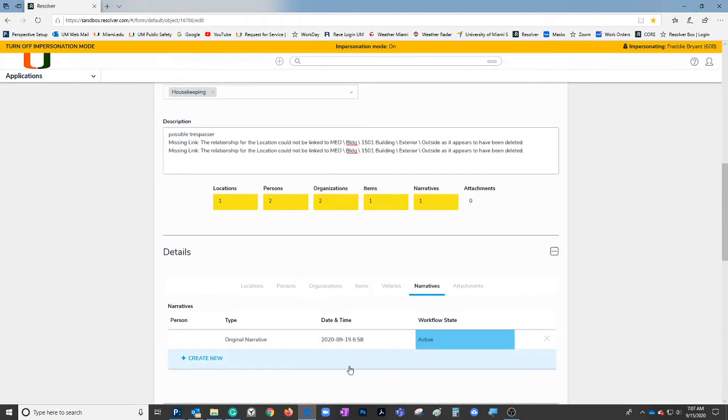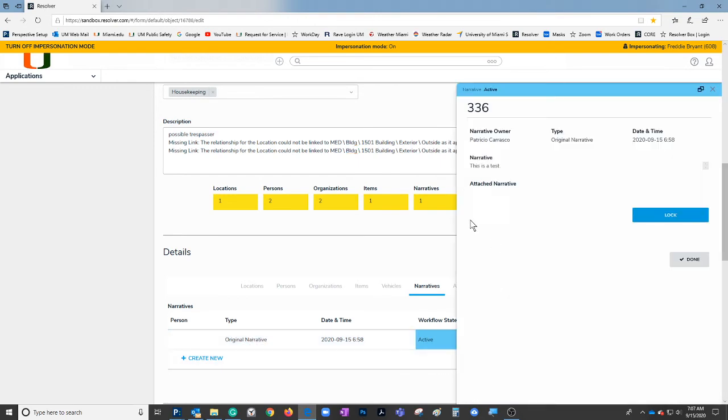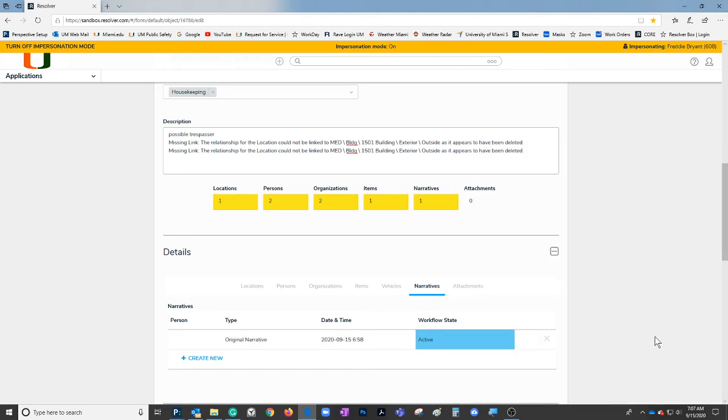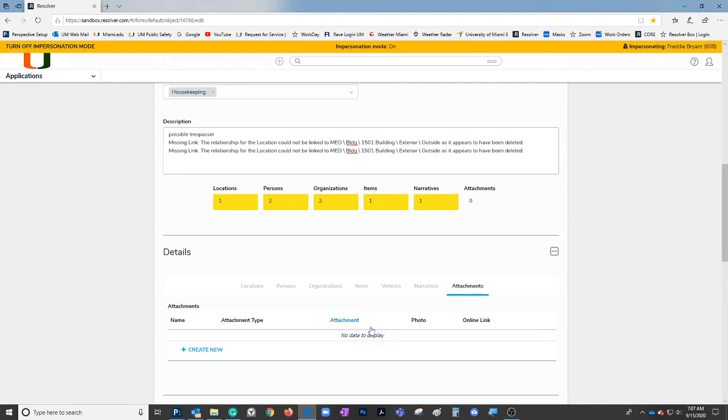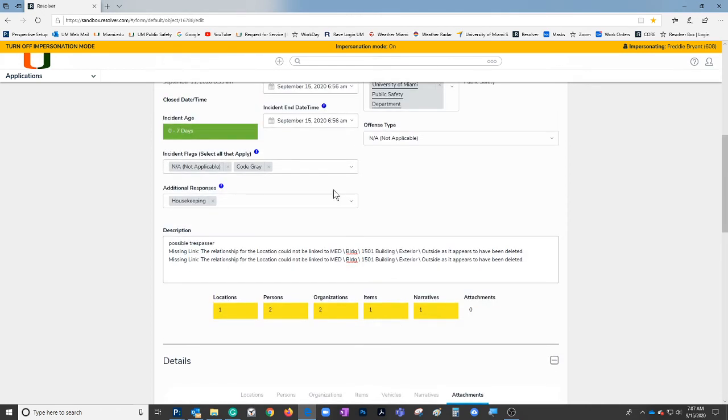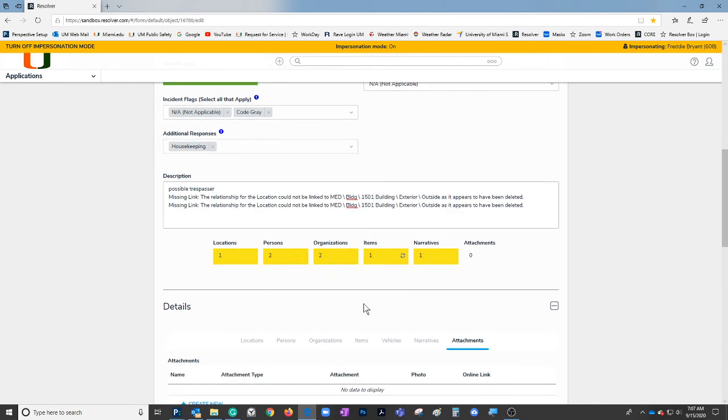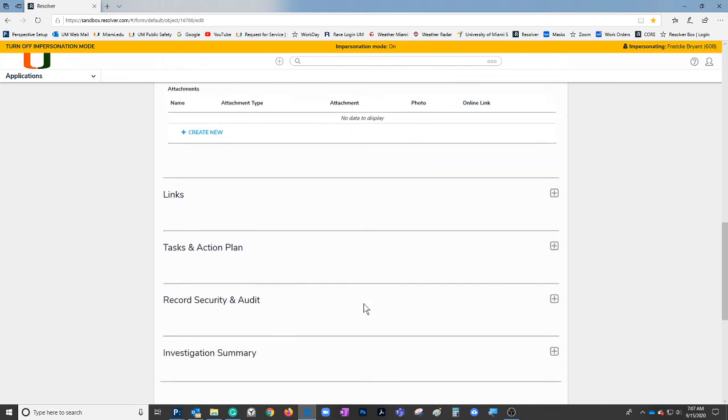So you can see this is a very short narrative. The narrative states this is a test. So just make sure you read it. If it is correct, then we can definitely move forward. If it's not, you got to send it back. If you have any attachments, for this instance, we don't. So once you verified all the information that is correct, and you don't need to send it back to the officer, you're going to scroll all the way down,